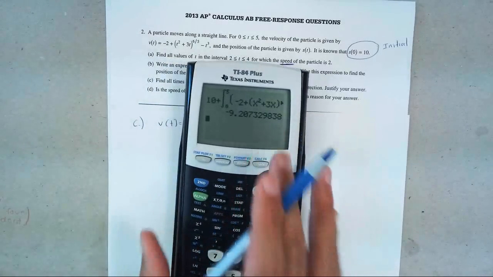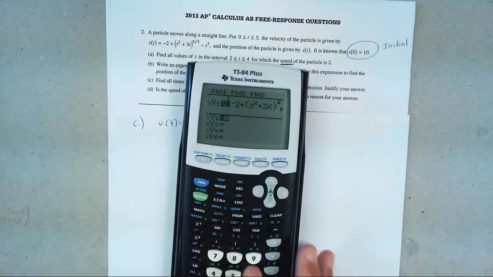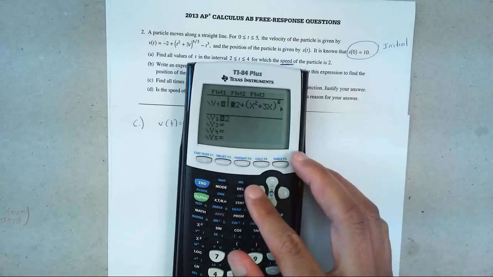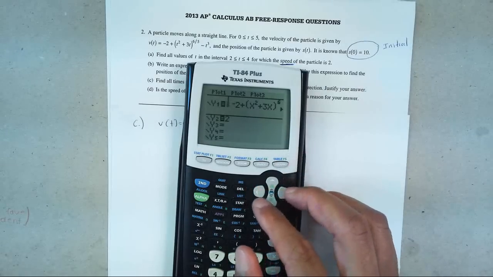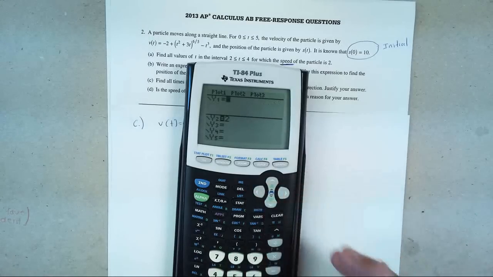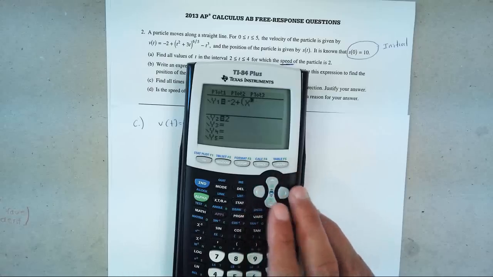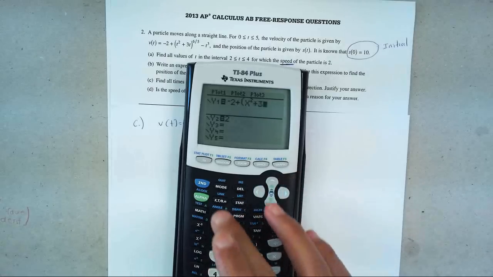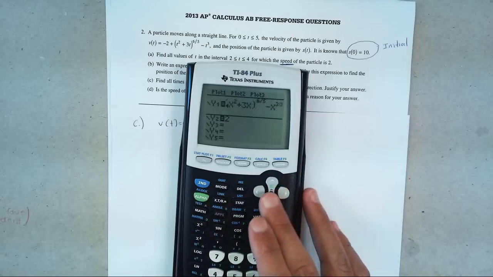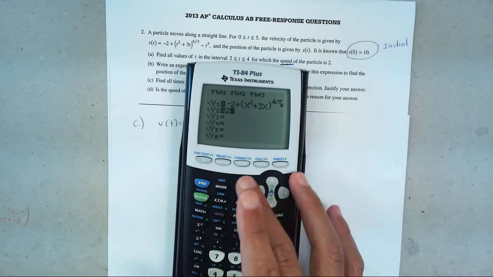So you're going to come back to your graph, go to y equals 2. You already have the absolute value, so you already have it typed in, so you don't have to type it again. One thing you have to do is, there is absolute values, and you need to erase that. So you can just hover over it, and then press the clear button, and it's going to take everything away, but just then type everything back in. Negative t plus parentheses x squared plus 3x